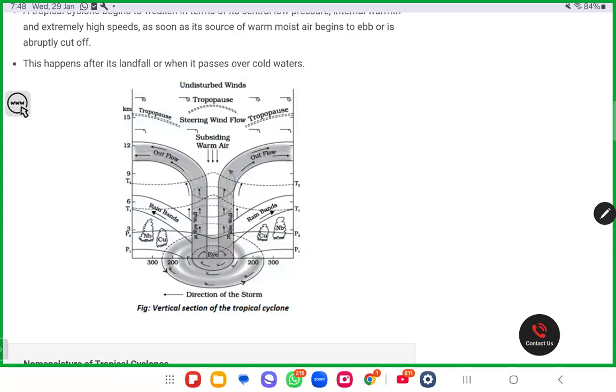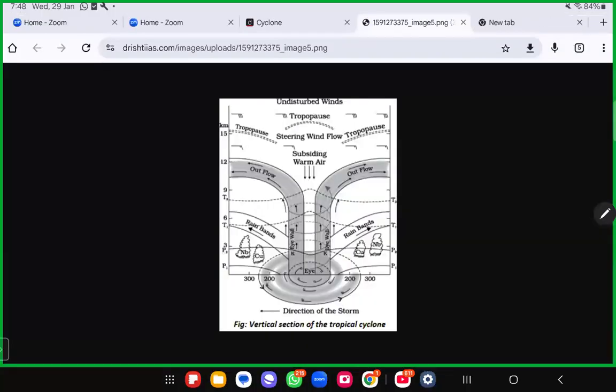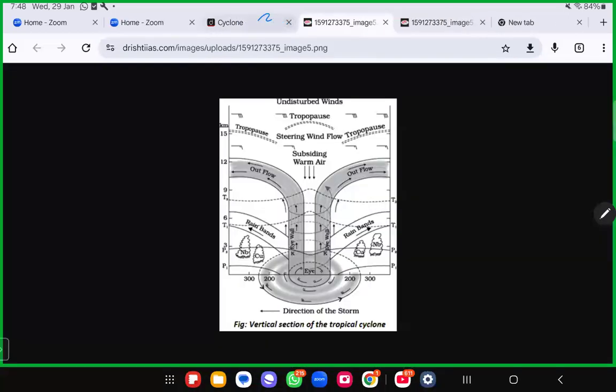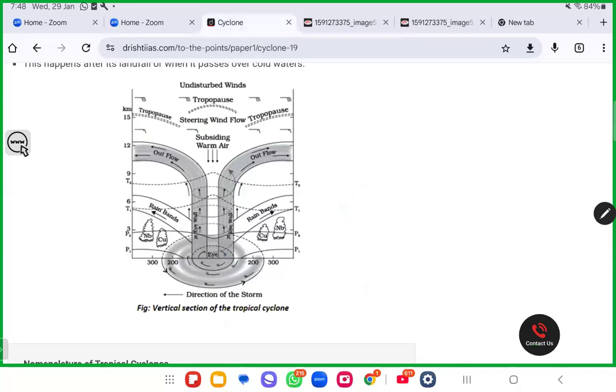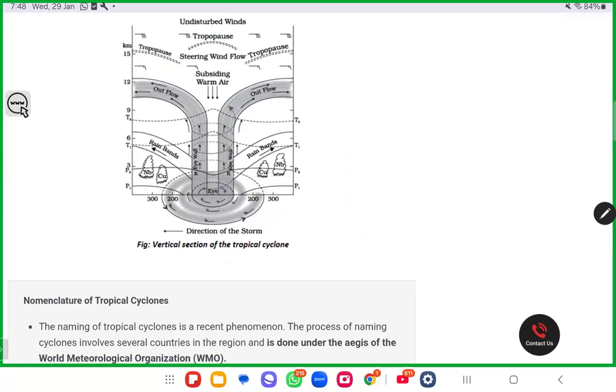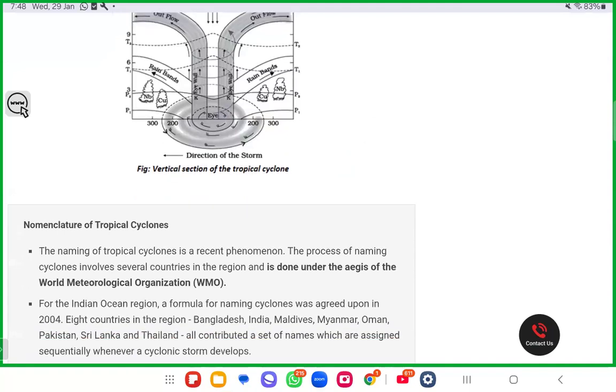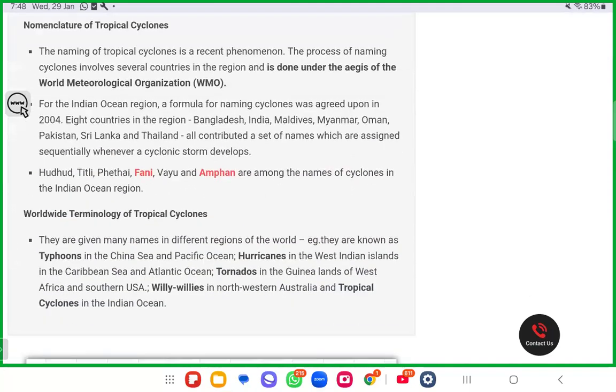So this area of the eye is the warm air circulation, and surrounding the eye all the air is cold. As the warm air gets warm, it expands, gets deflected and travels up, and then the cool air rushes in to fill the void. This rushing to fill the void creates a spinning air circulation, which is known as tropical cyclones in the tropical region.